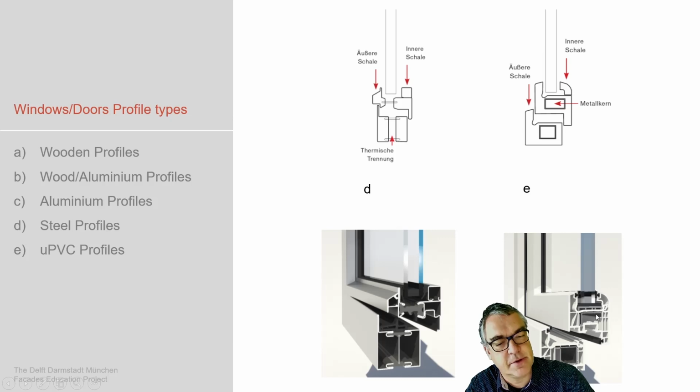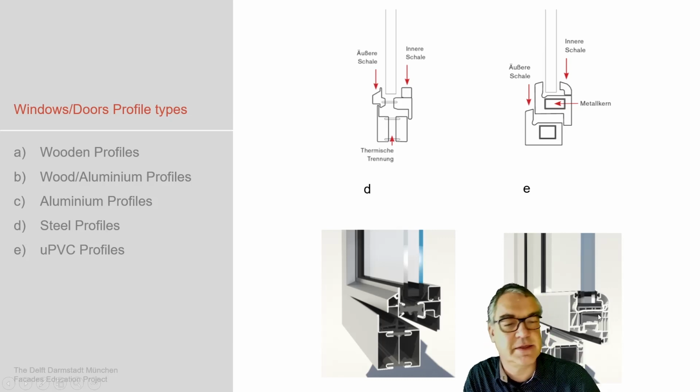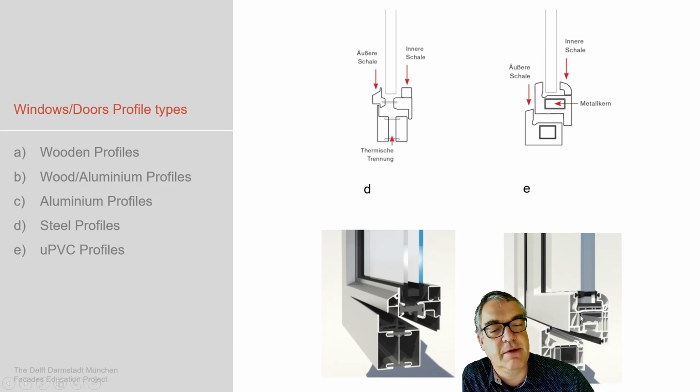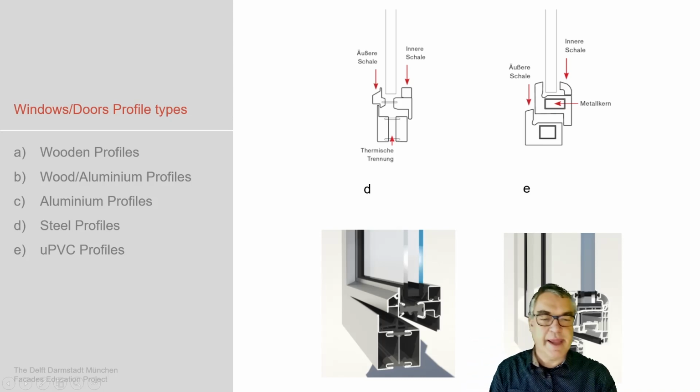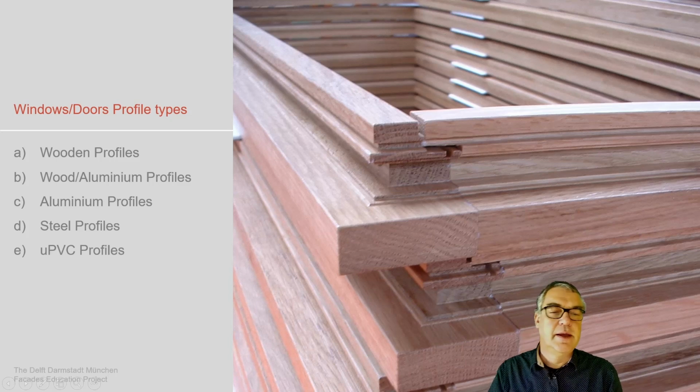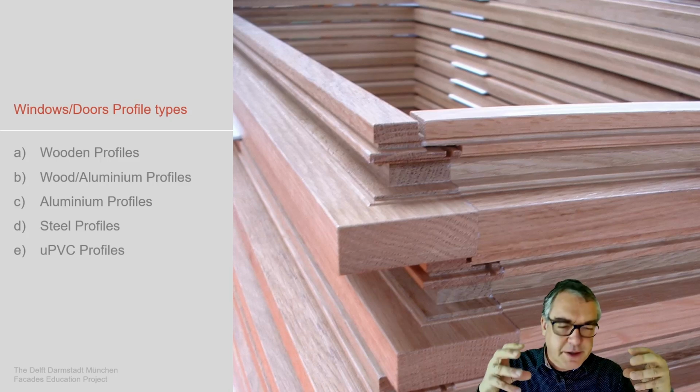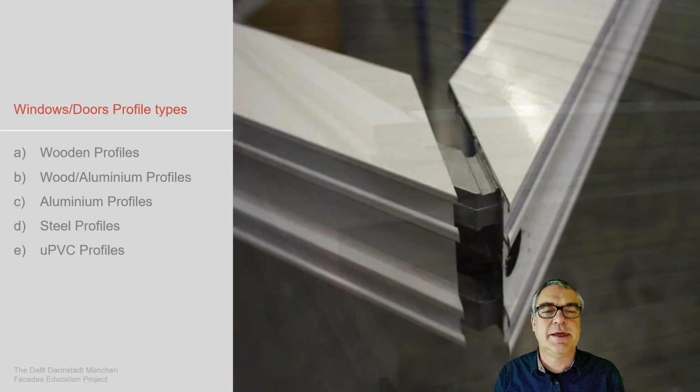No thermal break is necessary because the material itself doesn't transport that simple energy. And we see a reinforcement of steel bars being placed in here, depending on the dimension. Again, this is something which we see in the different set of lectures. The way timber structures or wooden profiles are done: the main structure is milled, then assembled, laminated at the edges as